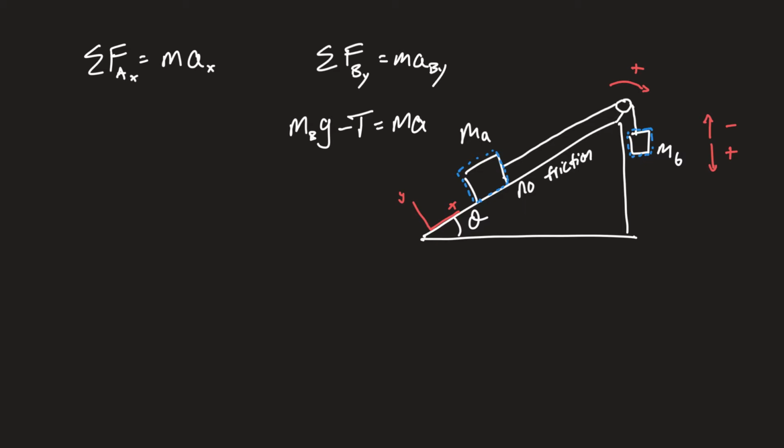In the direction of the ramp, parallel to the ramp, the X direction here, we see that we have a positive pull up the ramp coming from tension and a negative pull down the ramp coming from the force of gravity. So we'll go ahead and write that in here. Positive tension minus M_A g sine theta is equal to